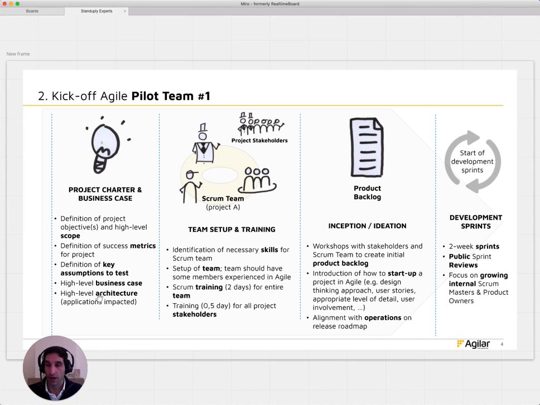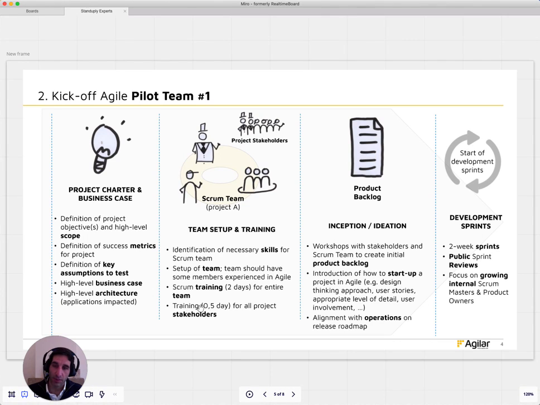And then look at the organization itself, look at the architecture, what are the applications that we're going to touch? Is it completely new? Probably don't need to look at this, but this probably exists within a whole organization. How does that impact that architecture? The team setup and training, quite straightforward. We want to make sure that we have a cross-functional set of skills. So we need to identify the skills, set up the team, make sure that we have all the right skills there. Kick off with a training, make sure that they are aligned in the terminology.